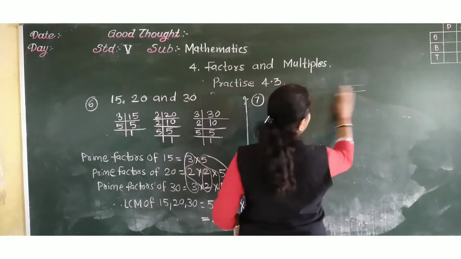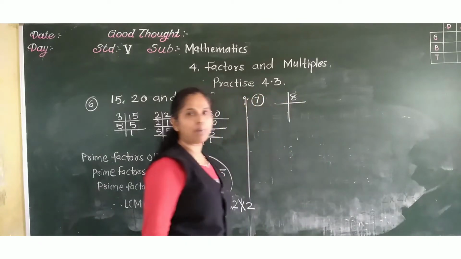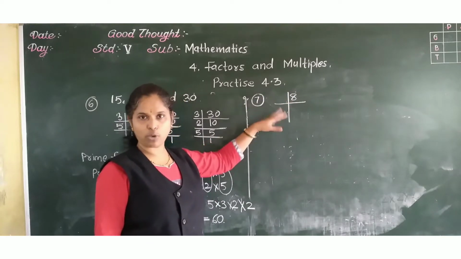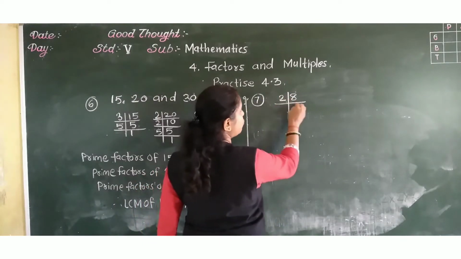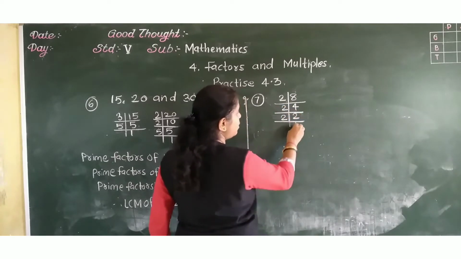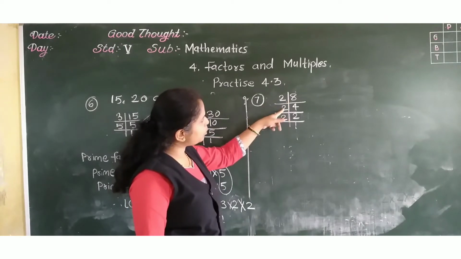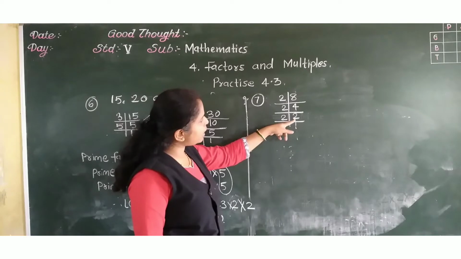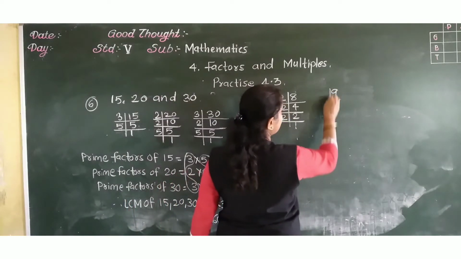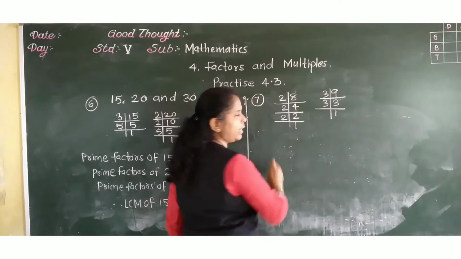Okay. So see here, as A puts a white mark after 8 meters, take down the factors of 8. So see here, 2 4s are 8, 2 2s are 4 and 2 1s are 2. Again divide 4 by 2, 2 2s are 4, again divide 2 by 2, 2 1s are 2. Now next is 9, 3 3s are 9, 3 1s are 3, correct?